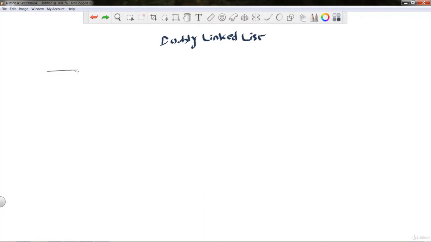Let's take this now. In singly linked list, we will store two informations. That is actual data and pointer to next node. So we can only travel to forward directions because we do have address of only next node. If we want to travel backward, we can't do that in singly linked list. That's the reason we come up with doubly linked list.